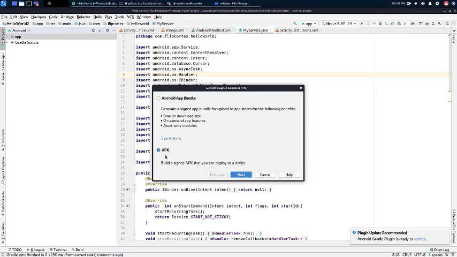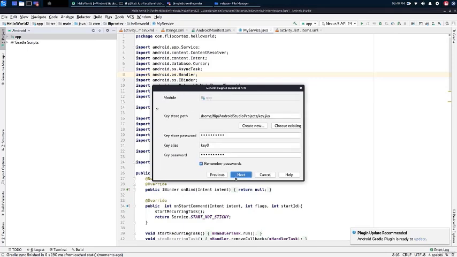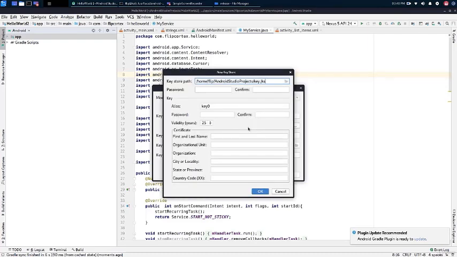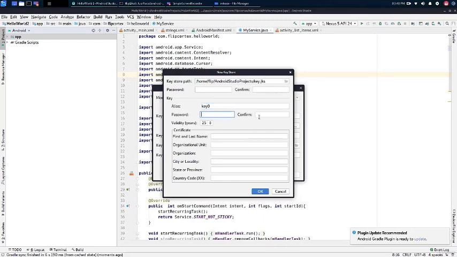Okay, so click here, follow the wizard. You're going to click Next. If this is your first time signing an app, you're probably not going to have a key store. So in that case, just create a key store here where you fill in password and you confirm password. Give it the name and the password validity. By default, it is 25 years. If you want to increase it because of what happened with the Millennium bug, go ahead and increase it.